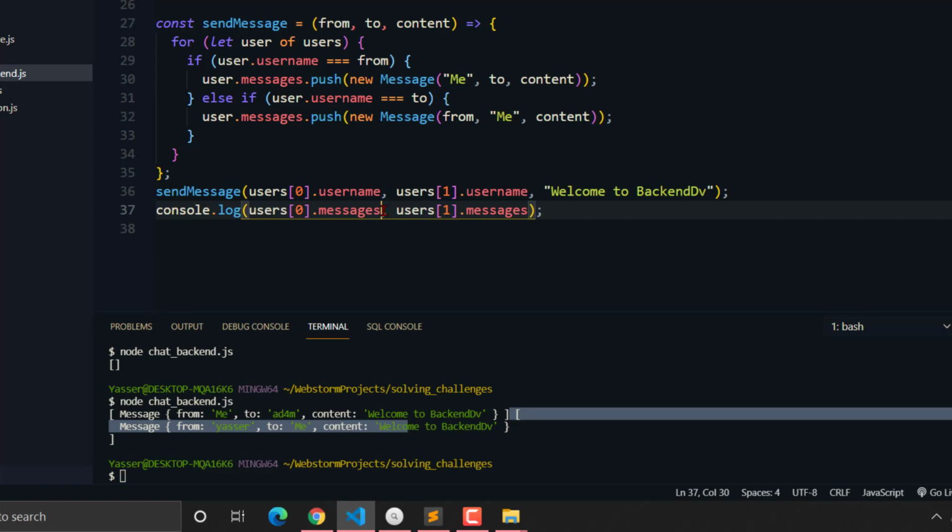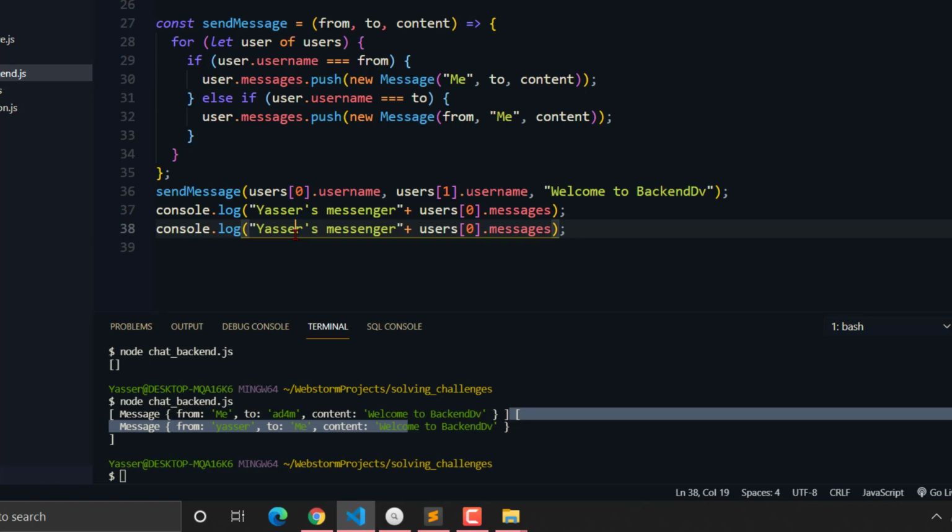I'm gonna separate them in a modern way. I'm gonna add this here, and write something like "Yeser's messenger". I'm gonna plus, and here do Adam's,